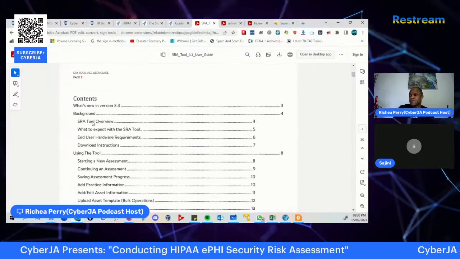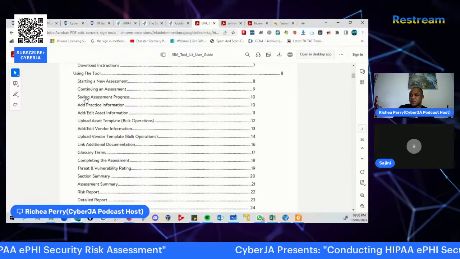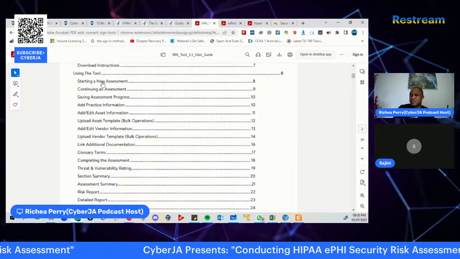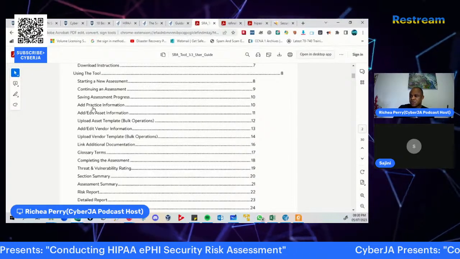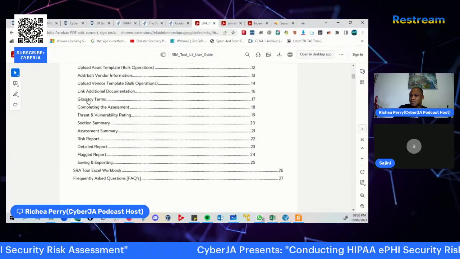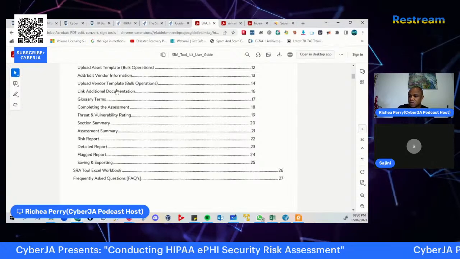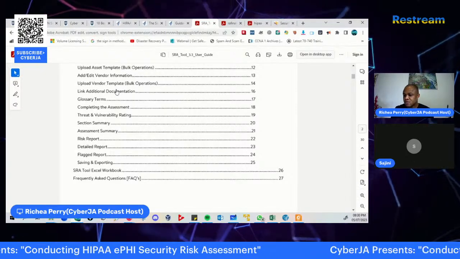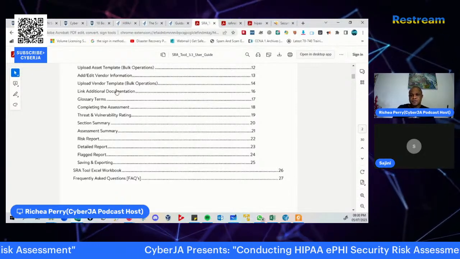There you have all the necessary details for using the tool: starting a new assessment, saving assessment progress, and protecting practice information. All of the necessary details about using this tool are given inside this manual that you can use.